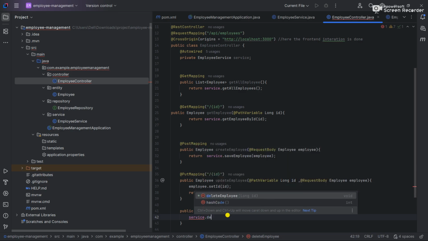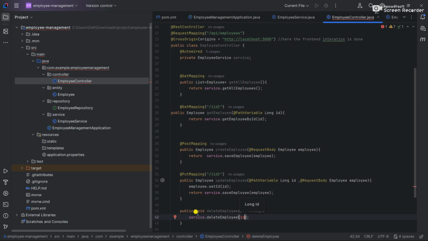But we are deleting an employee. So we are having the service here. But what will we do? We will need an ID for deletion. So how will we get that ID? From the